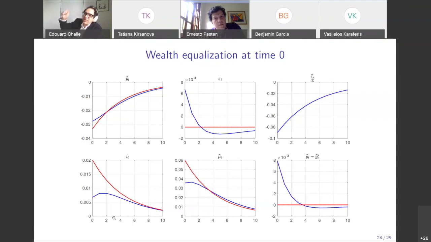Well, you do that by raising the policy rate. Why is that? Recall that it's a transitory technology shock, so people expect a recovery. People are hit by the shock today, and they expect the economy to recover. In RANK, they are permanent income consumers, so they want to borrow against future income. If you don't prevent them from borrowing by raising the policy rate, this will be inflationary. Okay, so if policy did not react enough, then aggregate demand would be too high relative to supply because of permanent income behavior, and that would be inflationary. So optimal policy commands a sharp rise in the policy rate in that situation.